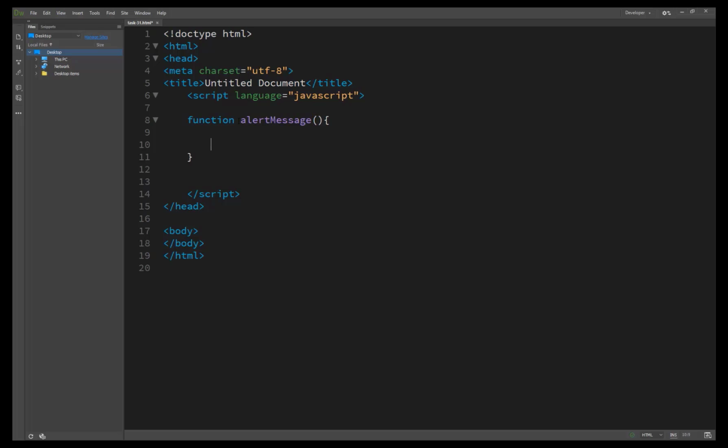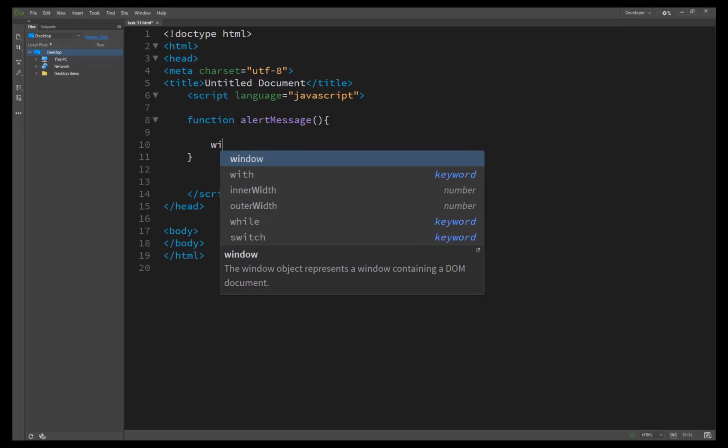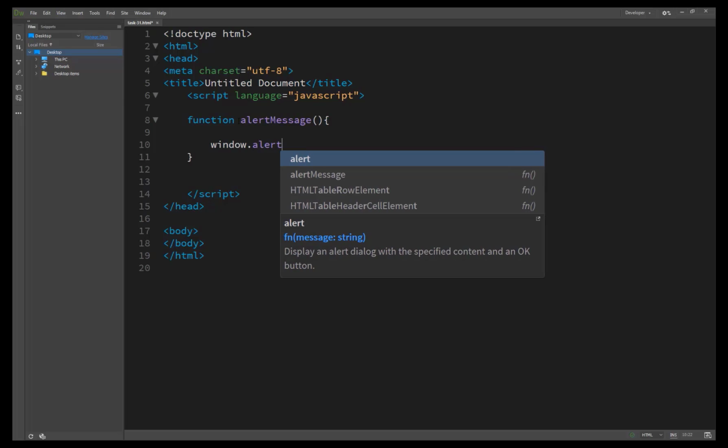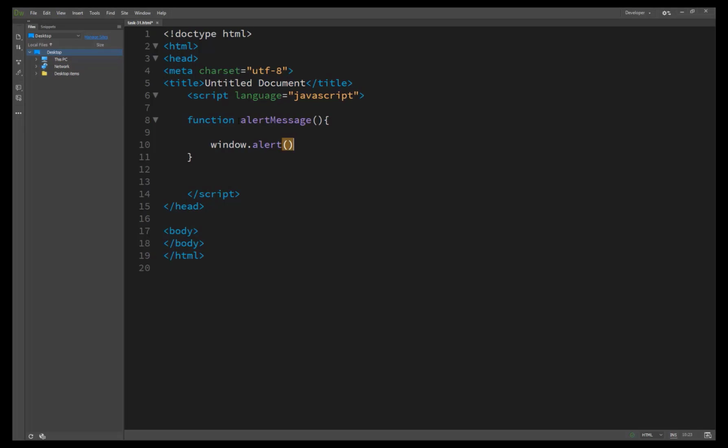Here we don't need to pass any argument inside, and we just write the alert, window.alert. We have already learned this in the previous lectures. Inside here we pass a text: Hello, you have clicked the link.